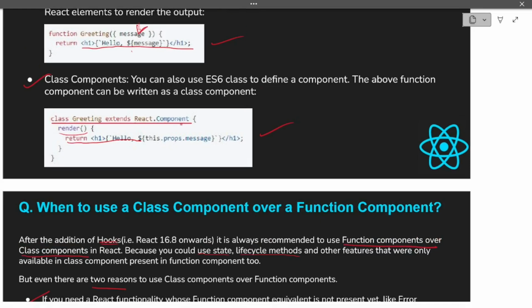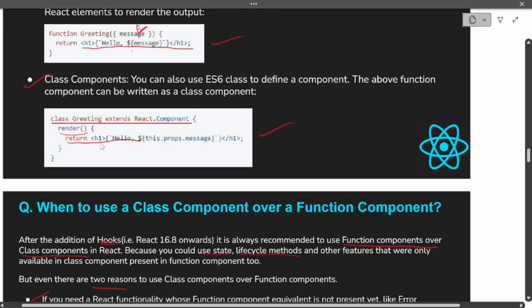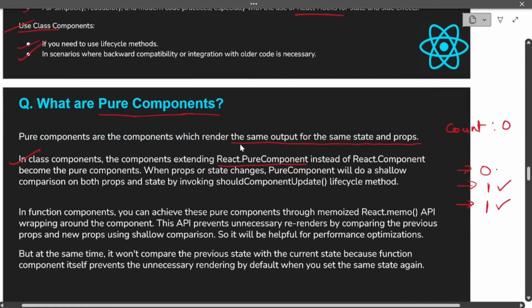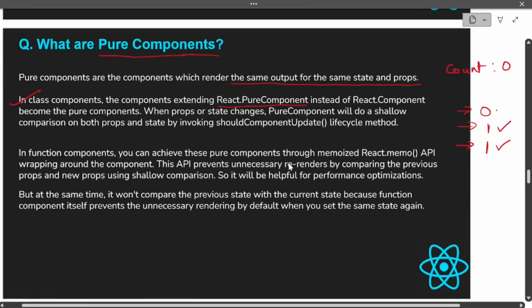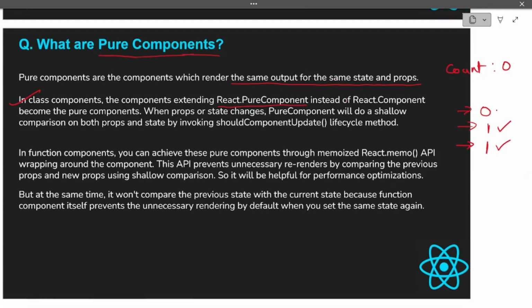Instead of writing React.Component, you can write React.PureComponent in this way, right? So when you write React.PureComponent instead of React.Component, it makes your component a pure component.